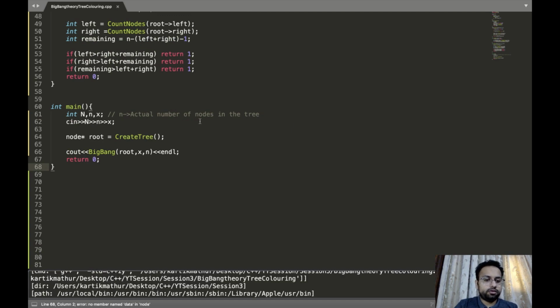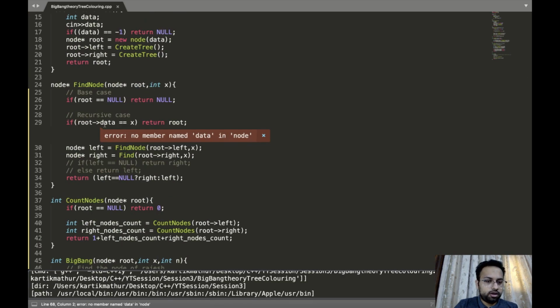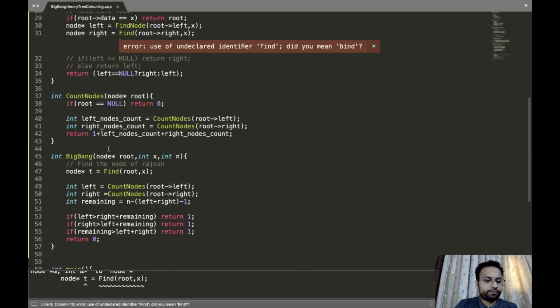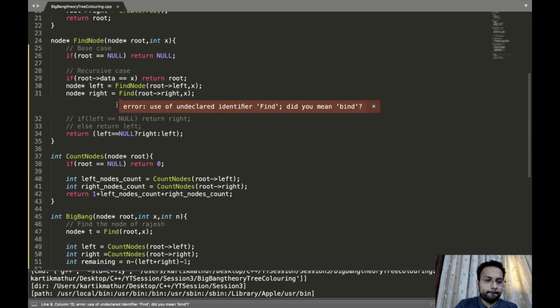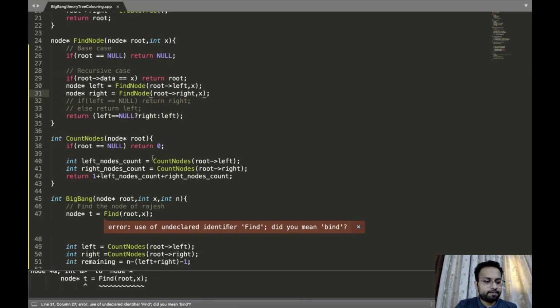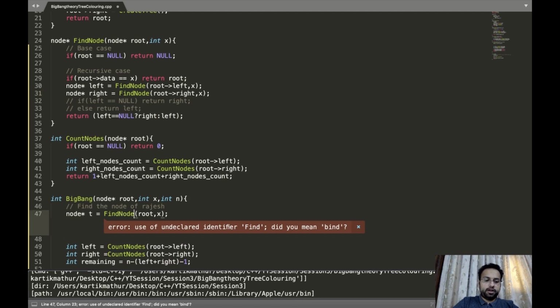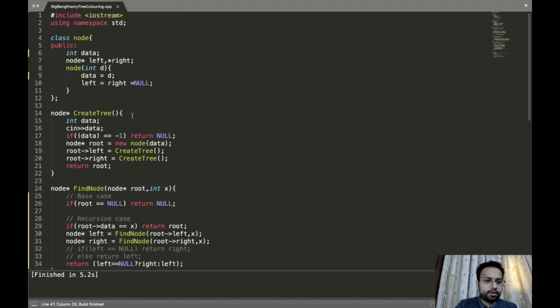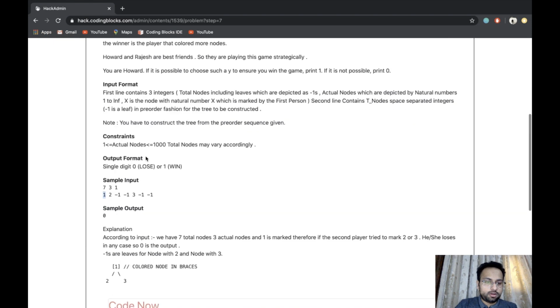Alright, so there is a little bit of error. I'll update it. This is find node, not find. Let us see whether this is going to give us the answer 0 or not.